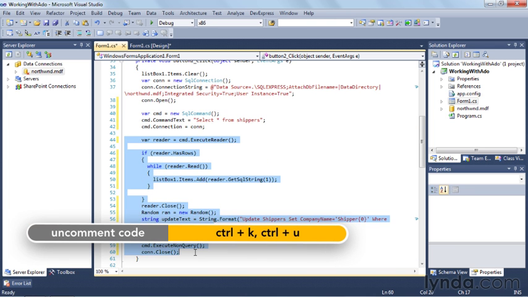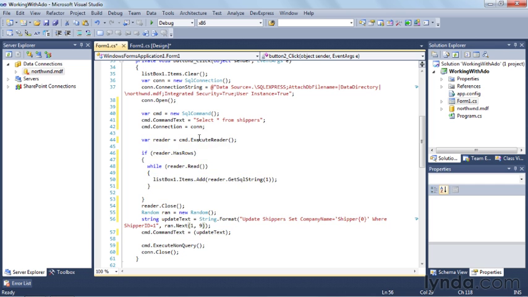Now the rest of this code, I'm going to uncomment, Control-K, Control-U. This executes the reader against the database, which is going to return some rows. I check to see if there are any rows in the reader. If there are rows, then I call read, which gives me the first piece of data. And then I call reader.getSQLString, and I go get the column with the number 1 from the data. That's the first column of data, and I'm going to add that to the list box. And then I have this while loop that continues to read until it's empty. Then I close the reader,